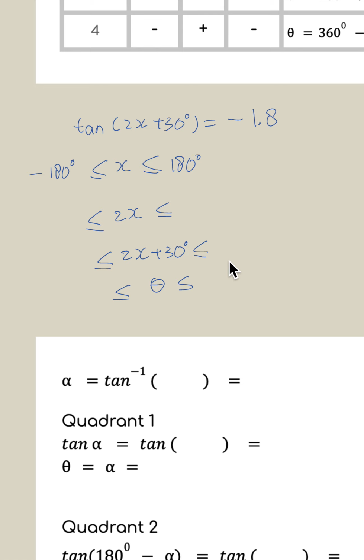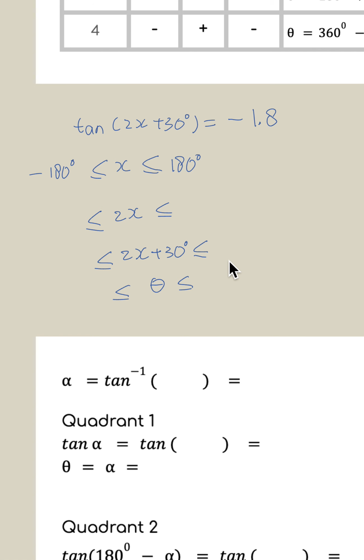This is the question. They give you the equation here: tangent of 2x plus 30 degrees is equal to negative 1.8, and the range of values of x is from negative 180 to positive 180. You are asked to find the values of x. Now,